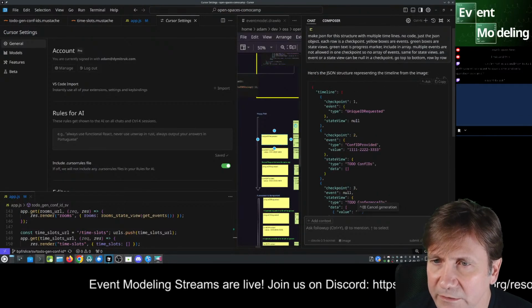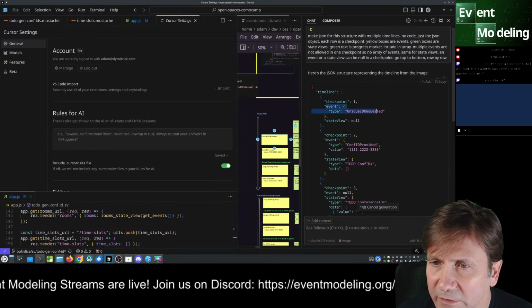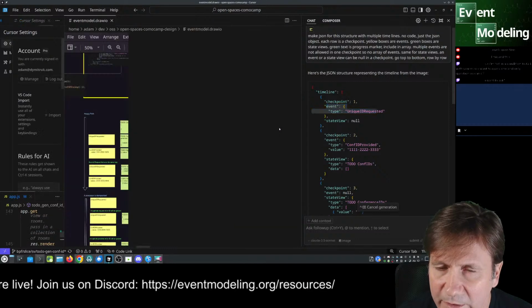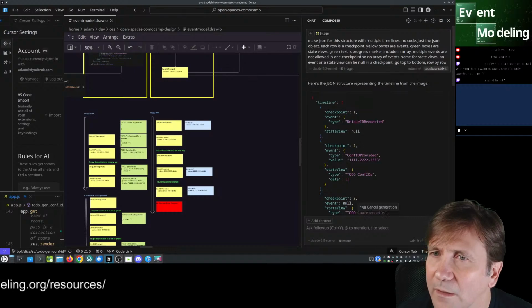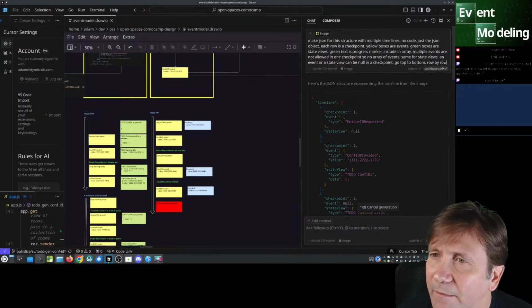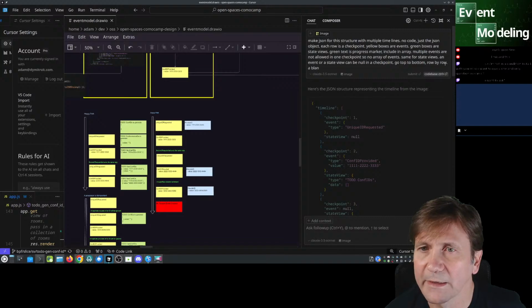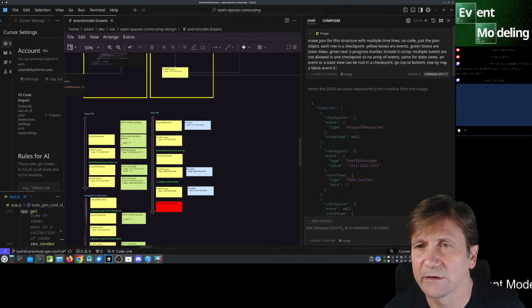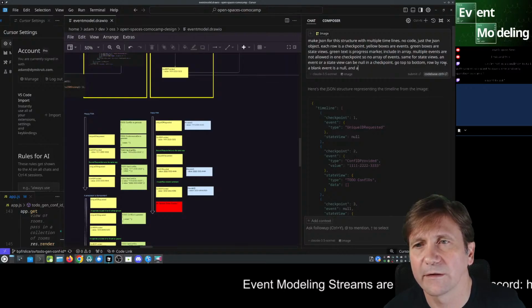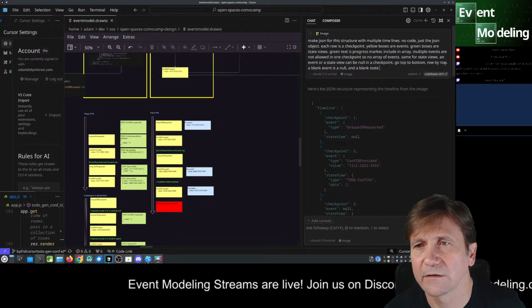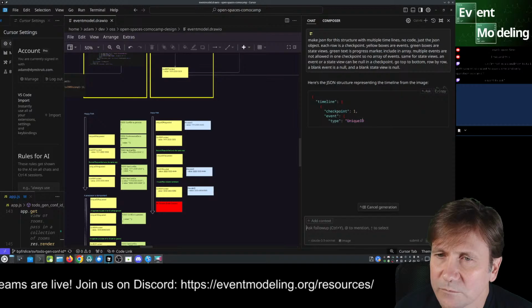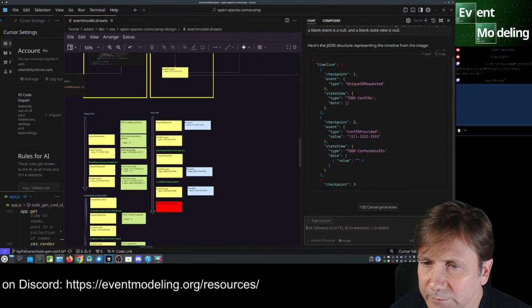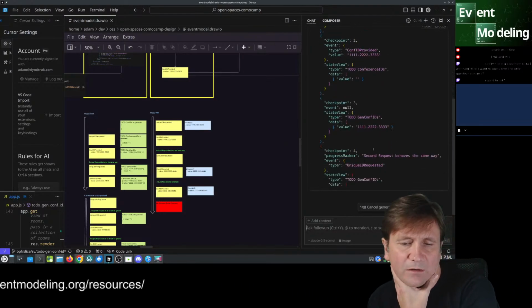Where is it getting this event requested? Where is the blank one? A blank event is a null, and a blank state view is null. Nope. It's really interesting how it got the first thing.